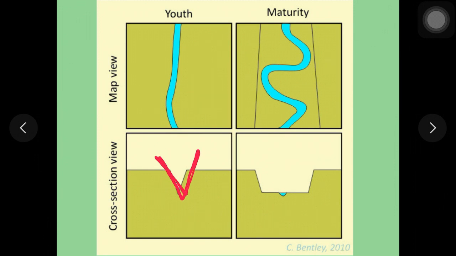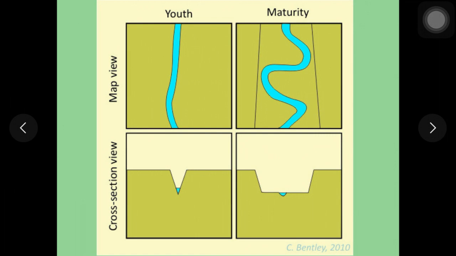A river erodes its channel vertically downward to achieve the graded profile, whereas when a river reaches the flat ground, it becomes a meandering river, that is the matured phase of a river, and there is more deposition, lateral deposition, and less erosion. As a result, if you see the vertical section perpendicular to the flow direction, it usually shows a U-shaped valley or a broad valley through which the river flows. So that is the difference between the youthful stage and matured stage of a river.